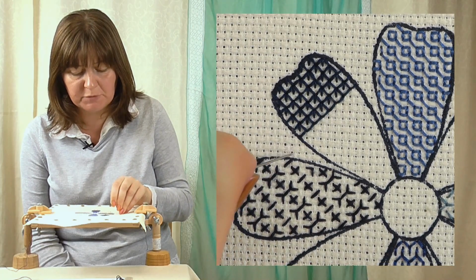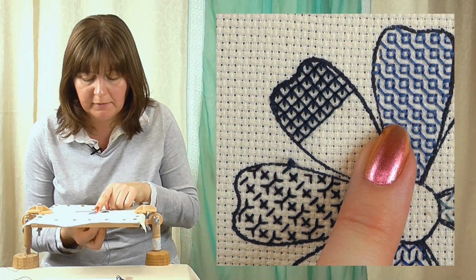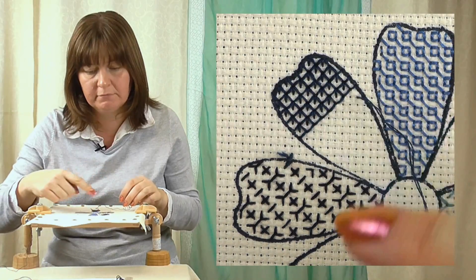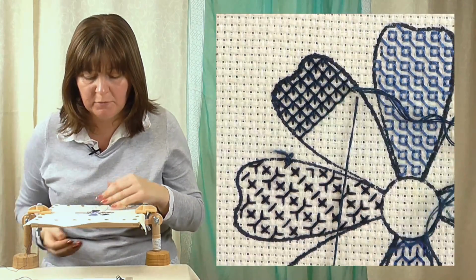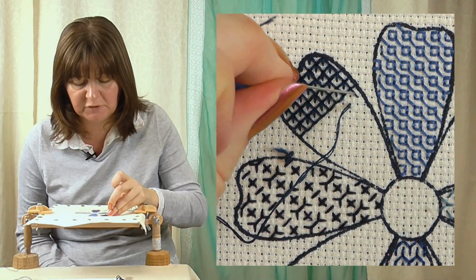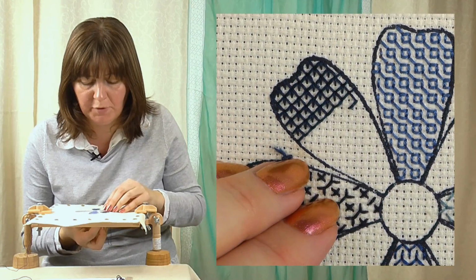So I'm going to put my knot on the top outside the petal here, just to keep that out of the way. Travel the thread underneath the back and start on this side of the petal, like so. That thread's underneath there, and that will get covered by the stitches as I stitch down. I'm going to work the squares first. So always down into a shared hole if you can. I'm just going to go on the diagonal. So every stitch now is on the diagonal. It's going diagonally across from one hole to the next,